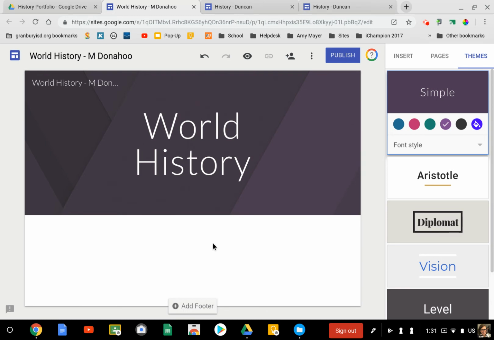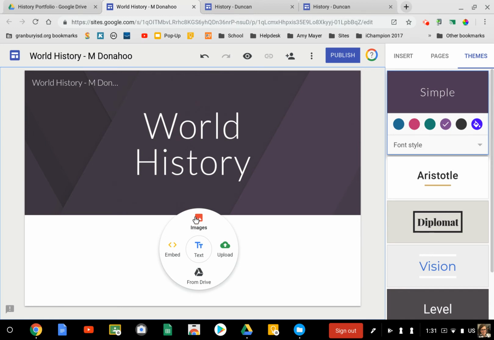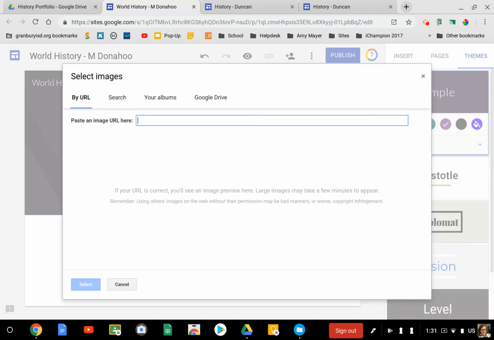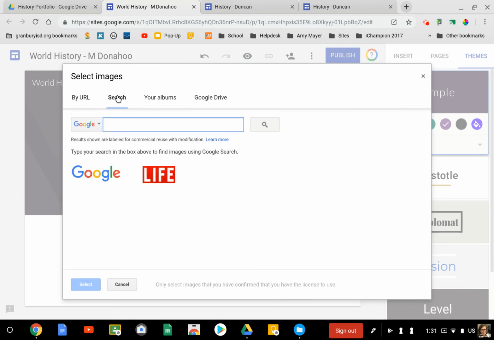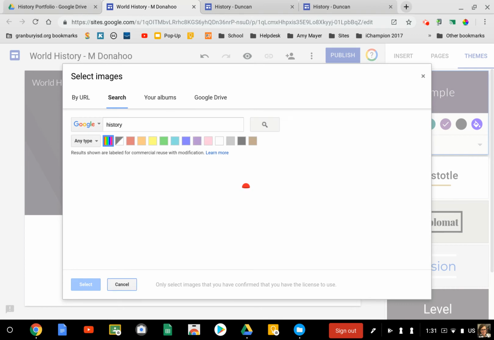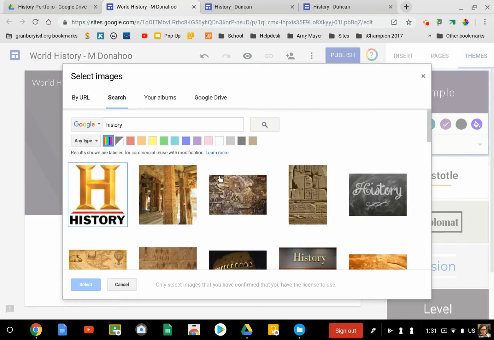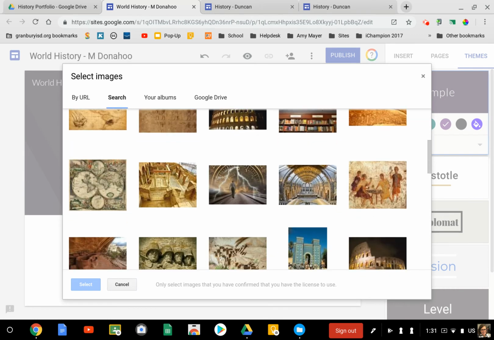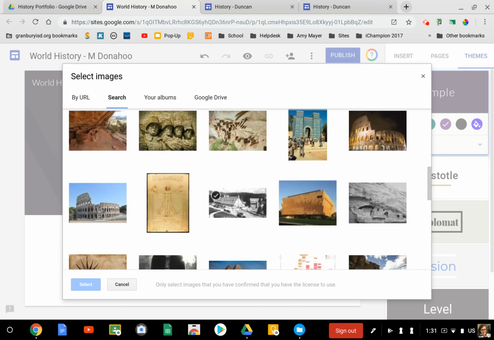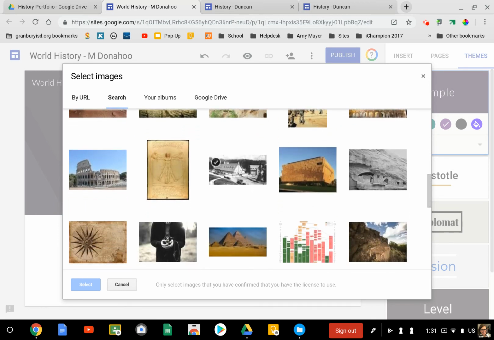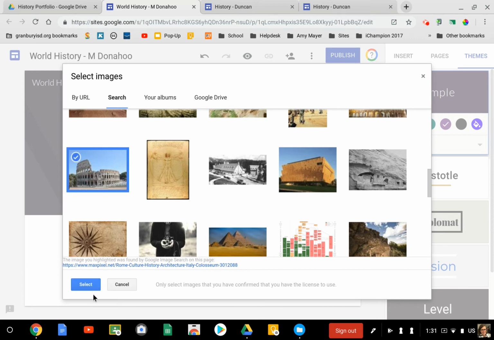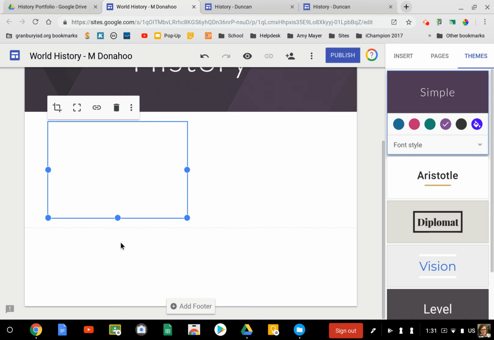So I'm going to go down here into this white area, and I'm going to double click, and it'll give me some options. I'm going to insert an image, and I'm going to search for an image, and I'm just going to look for history. So maybe I want to just going to choose a random picture, and I'm going to choose this one, and I'm going to select, and